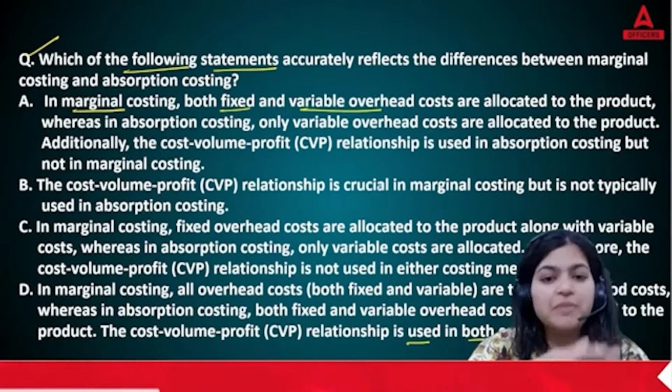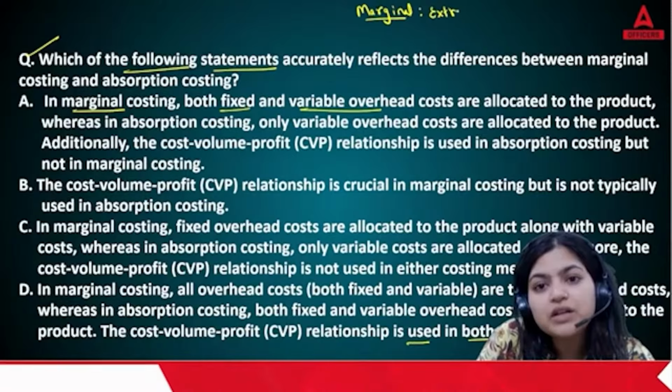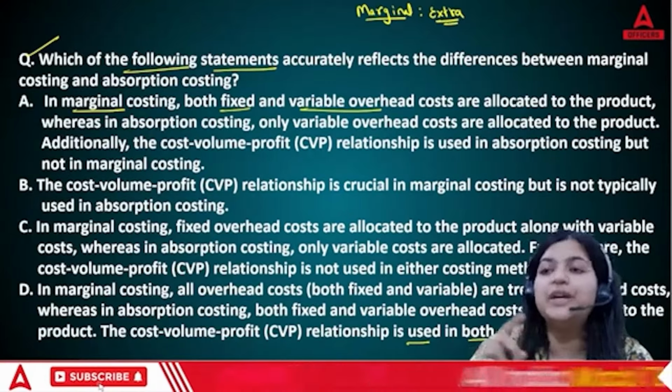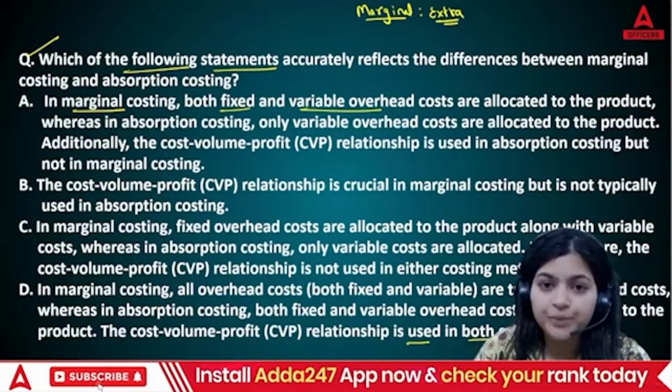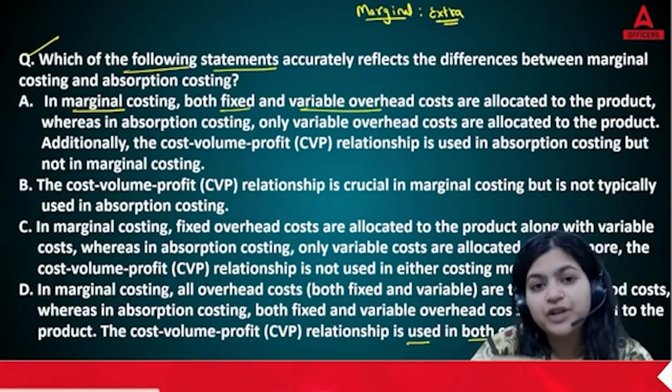See, in marginal costing, what we are saying is whatever extra expenses you are incurring, because of that only you are able to generate one more unit. For manufacturing one extra unit, you are incurring all your direct expenses, all your variable cost. So basically, in marginal costing, we always consider variable cost and we ignore fixed cost.